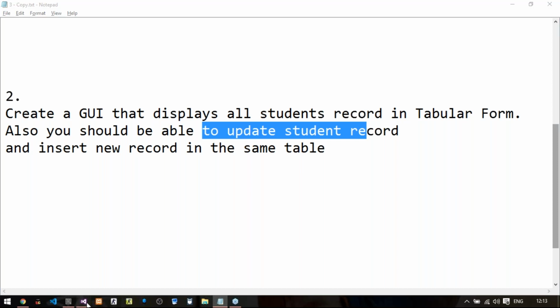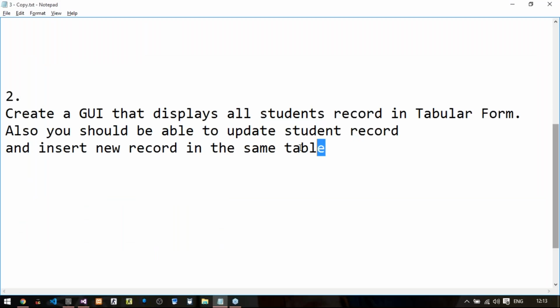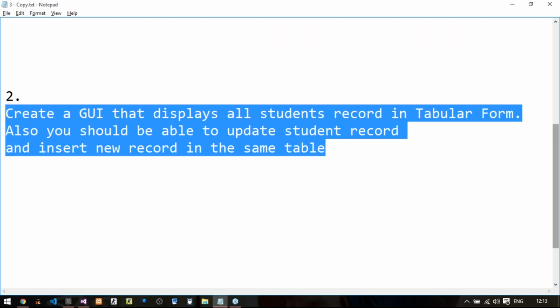If I double click on here and if I edit this text, it should be editable. I should also update in the database. Also, I should be able to insert a new row in the same table, right? So if I compare this task with your HTML, you will write table tag, then tr and td tags, right? And you will generate the table as per the requirement provided by your faculty.